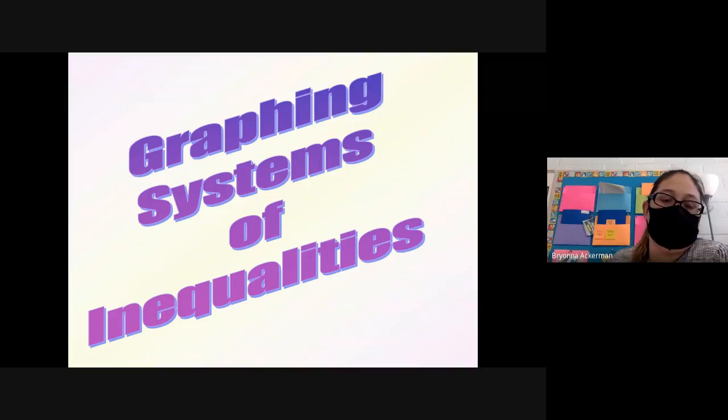Okay, so graphing systems of equations that are inequalities. You're going to graph, we're just doing linear still, so these are just lines. And you're going to graph them just like you would graph any other line. So it's easiest to put it in y equals mx plus b format. Okay? And then after you graph the line, you're going to see, okay, do I shade under the line or